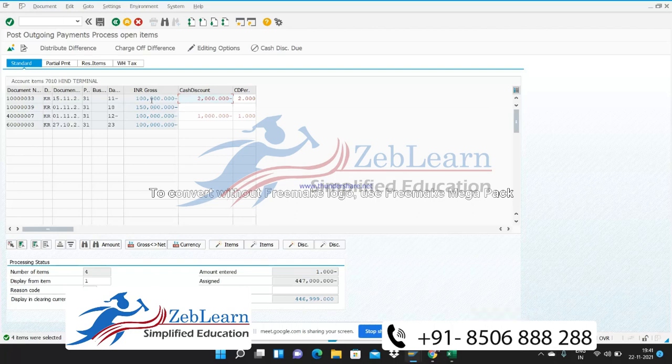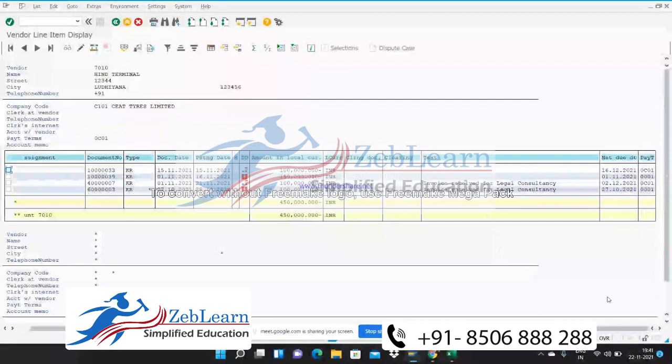Okay, so I'm just making one payment, and in these two cases I'm just going to show you the vendor ledger. In these two cases, the terms of payment is 001. And 001 is the terms of payment due immediately, pay immediately. So in this scenario, there is no discount configured.